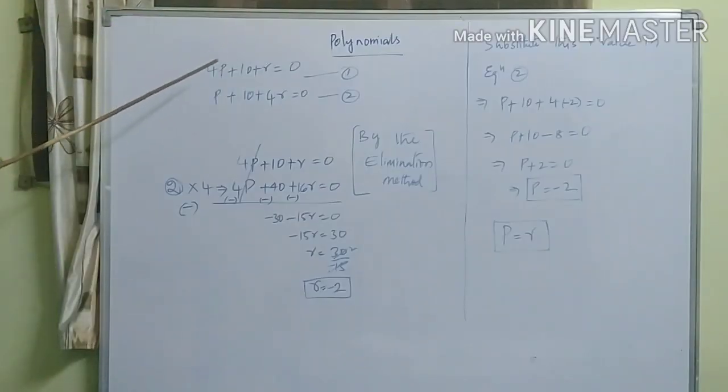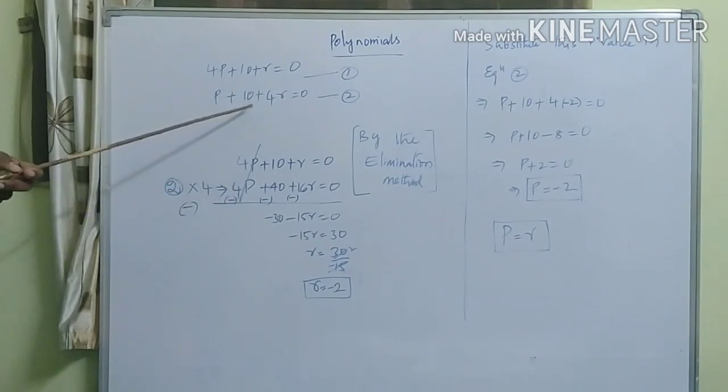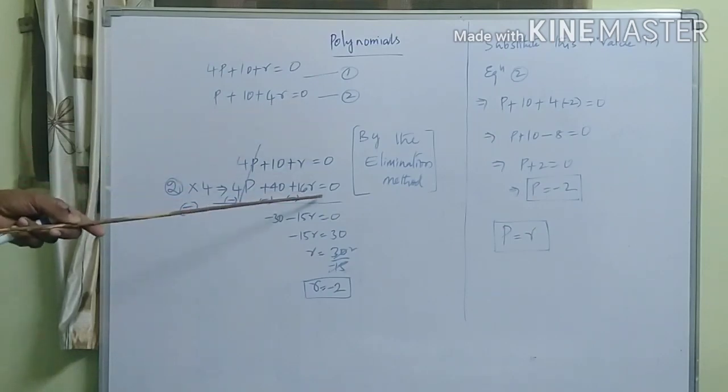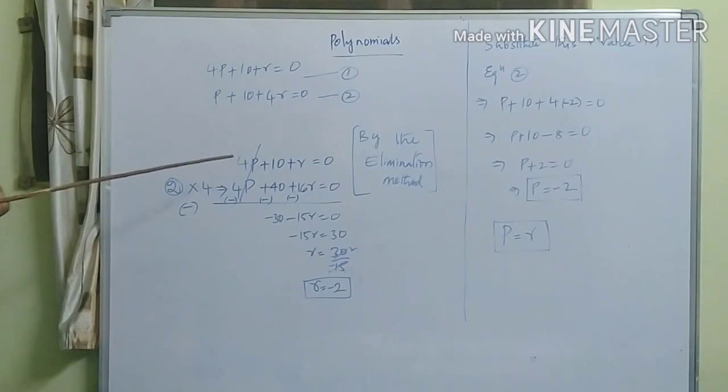So this is our equation 1 and this one is equation 2. By the elimination method, multiply this second equation with 4. 4 into P is 4P, 4 into 10 is 40, 4 into 4R is 16R, equals 0. So, by the elimination method means